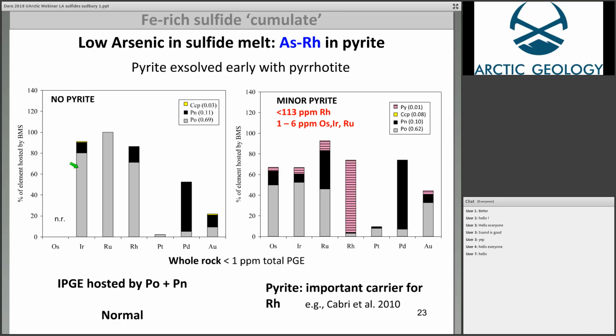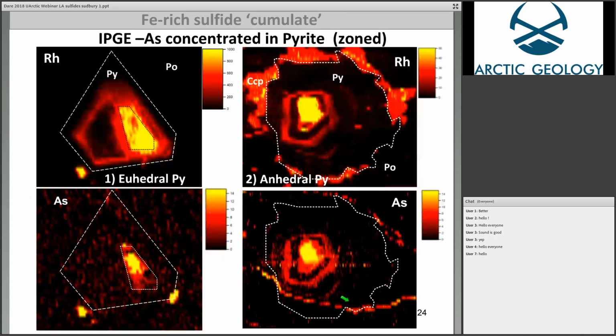So this shows you from the same ore deposit, on the left when you don't have pyrite, the PGE are hosted in your sulfides, apart from platinum. When you do have a small amount of pyrite, suddenly rhodium goes into the pyrite. Even though it's only 1% pyrite in the whole rock, it is the main host for rhodium, because it contains 100 ppm. And this was also shown in the Bushveld by Cabri, that pyrite can host the